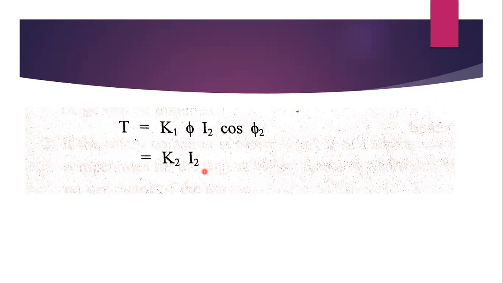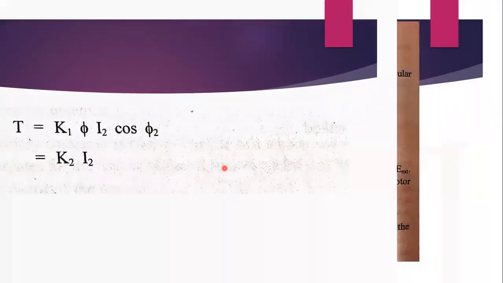Similarly, if electric power is pumped into the rotor, the motor operates in the super synchronous region. Understood? What is meant by the subsynchronous region and the super synchronous region? If slip power is taken from the rotor and fed back to the supply, the motor operates in the subsynchronous region. Similarly, if electric power is pumped to the rotor, the motor operates in the super synchronous region. So this is about the subsynchronous and super synchronous regions.